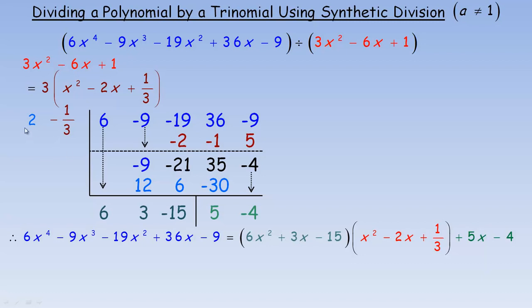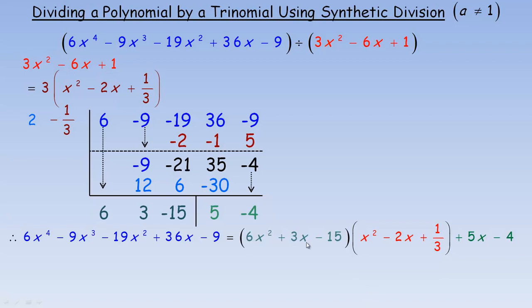Now, I didn't actually divide it by 3x squared minus 6x plus 1 because I factored the 3 out and just used 2 and negative 1/3. So I've actually only divided it by this. So that's why there's x squared minus 2x plus a third here from these two numbers. Now to see what you would get if we actually divide it by 3x squared minus 6x plus 1,